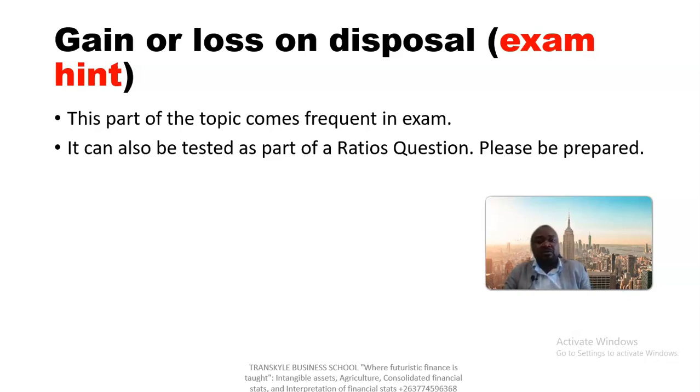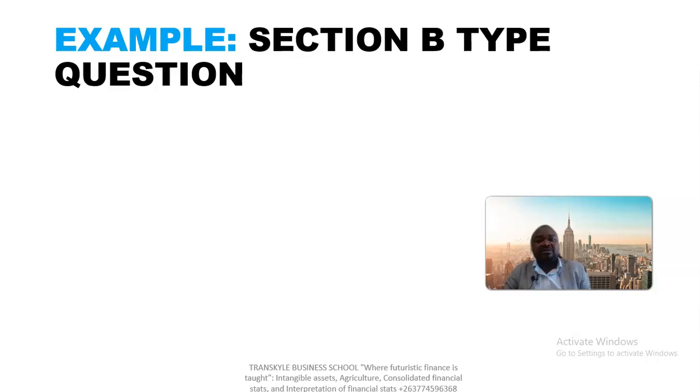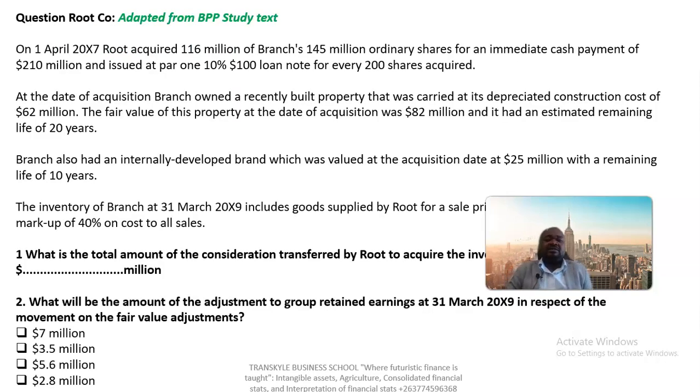Let's move on to, sometimes this screen sticks. All right, there's this particular question, ladies and gentlemen, that is from Root Core. It is from the BPP start text. Root Core. Okay, maybe it's an error. It seems like it's a revision kit, but anyway, that doesn't matter. On 1 April 2007, Root acquired 116 million of Branch's 145 million ordinary shares for an immediate cash payment